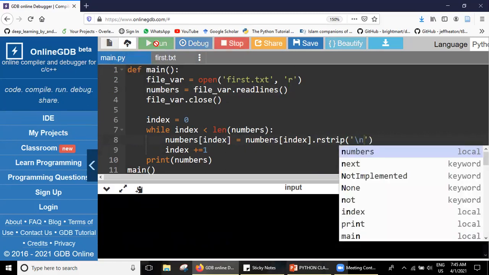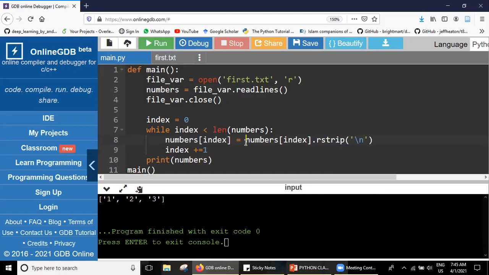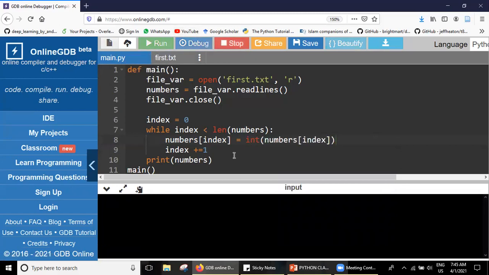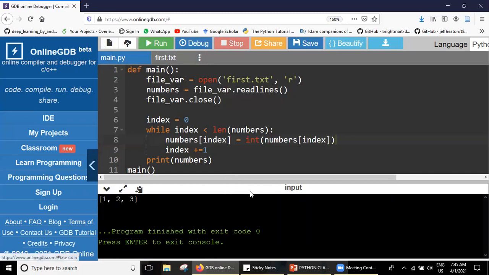But do you think it is a number? No, it's in quotes. These are not numbers, of course. So I have to convert them. For example, if I am removing this, the output part is in quotes. I have to convert it into the form of an integer. First, I have to convert all these things into integers.